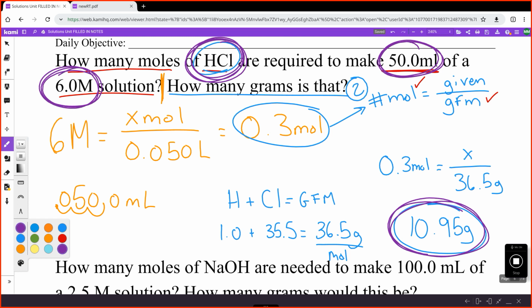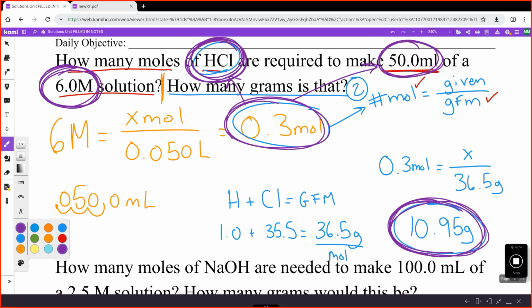Another way to word that is, if we put 10.95 grams of HCl, we're really putting 0.3 moles of HCl into 50 milliliters of water, and therefore we would be left with a 6 molar solution. So this is the most complicated the Regents level will make